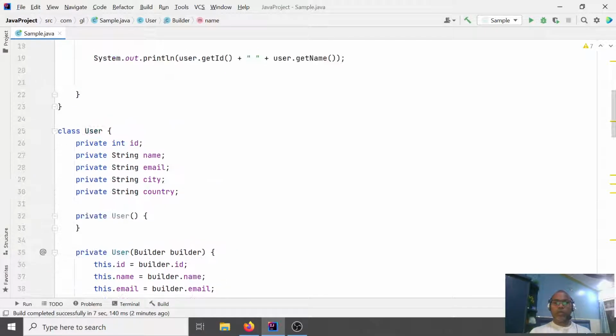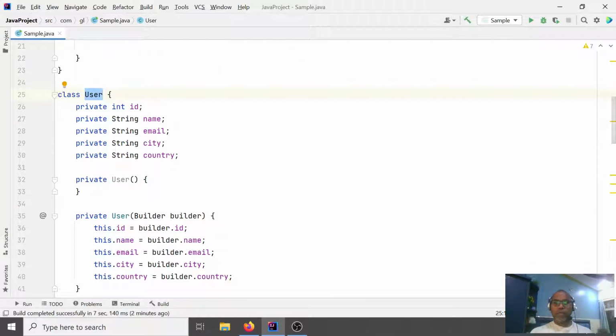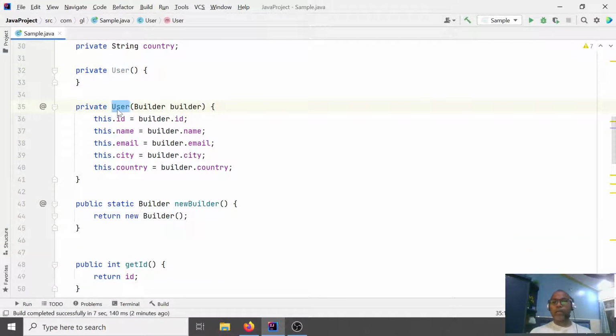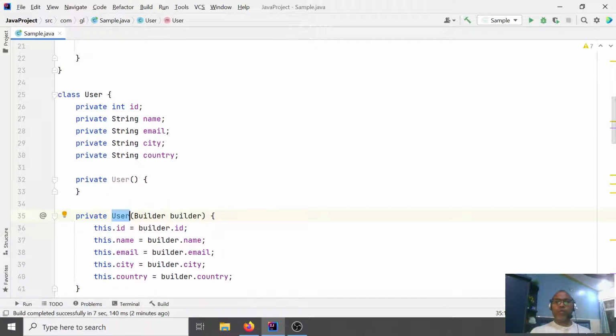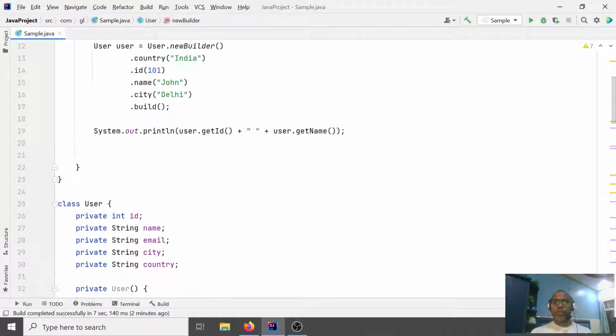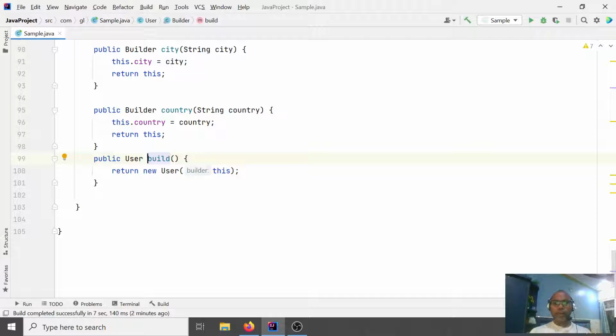So you are trying to say that whenever someone wants to create an object of this user class, they cannot create it with the new keyword, like new User, as all the constructors are private. So how can someone create the object of the user class? For that we have written a public static method, newBuilder. New builder just creates a dummy builder object, and in this dummy builder object we set whatever attributes we want. After that we say build. Whenever you say build, at that time a new object of the user is created.